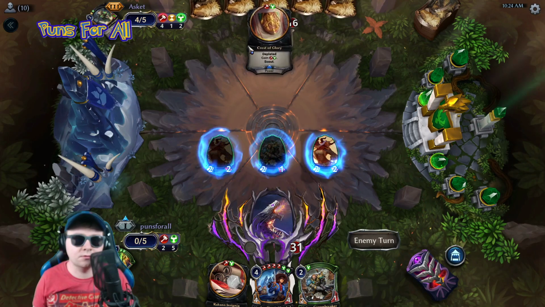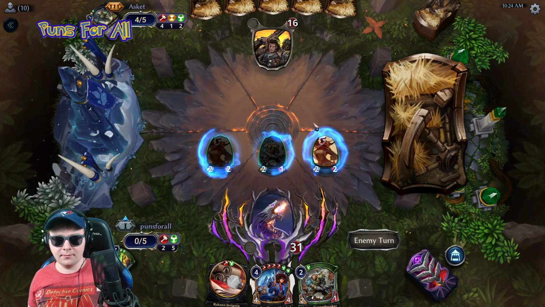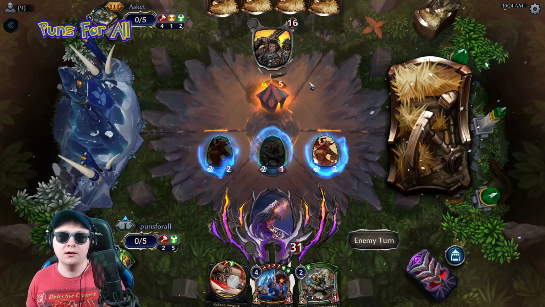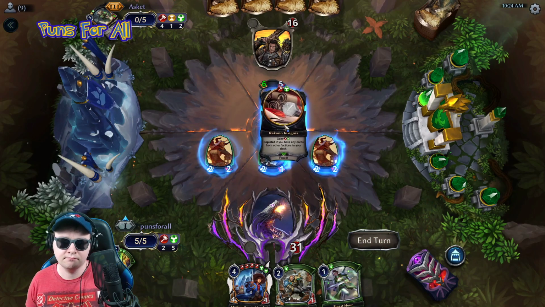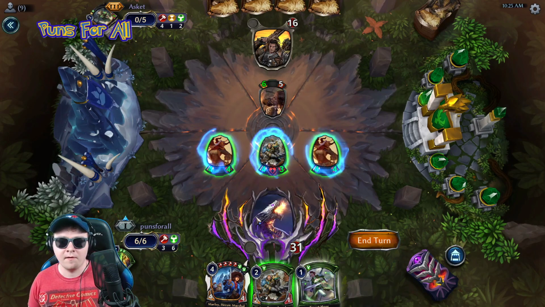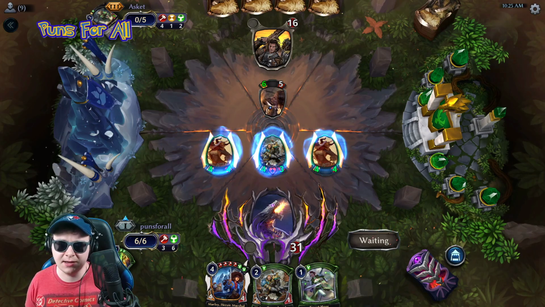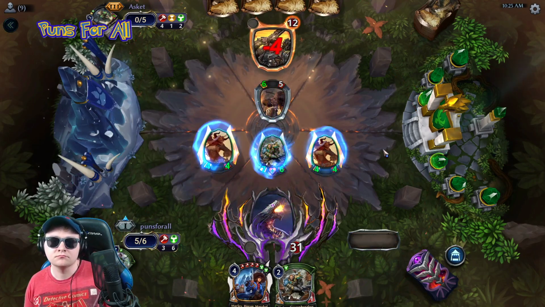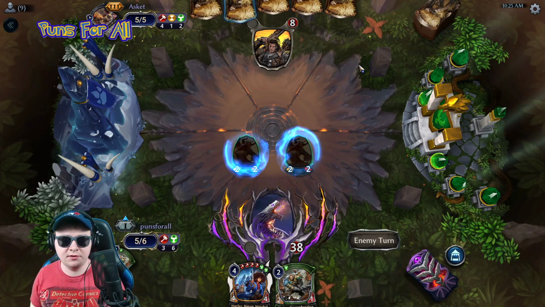I mean, he got a weapon here, or unit. I'm very curious what unit he chose with Rise to the Challenge. Very curious indeed. Wasteland Broker. Okay, I guess that makes sense. All right, so we get to do this. And see how blocks happen. I wonder what card he picked there. Is very curious because...